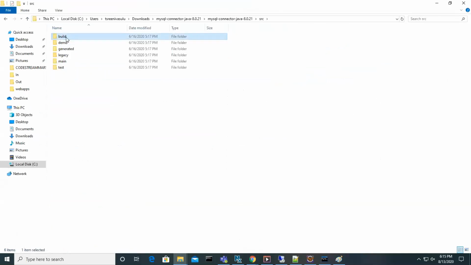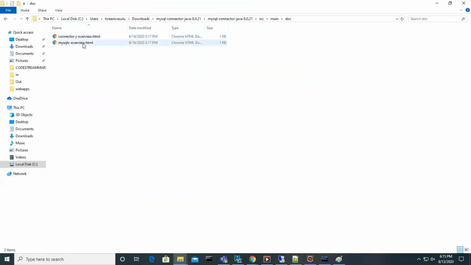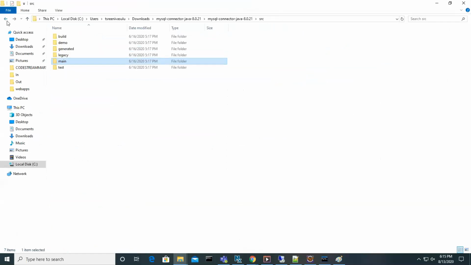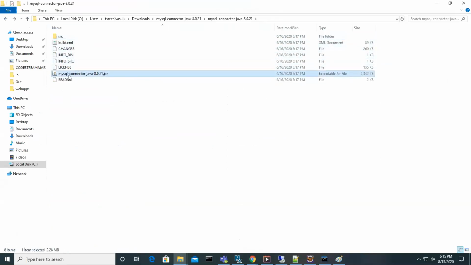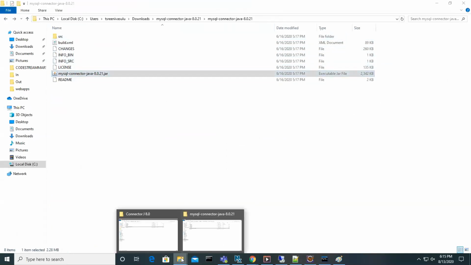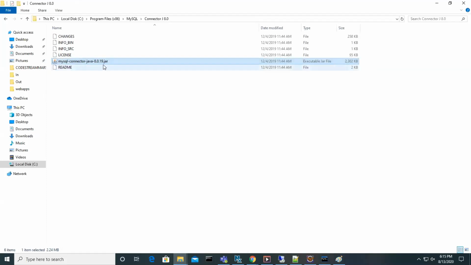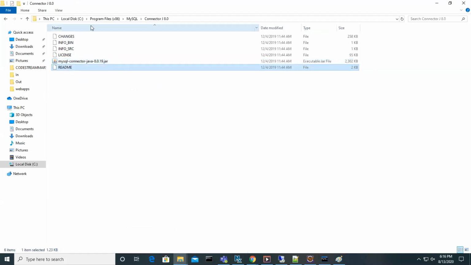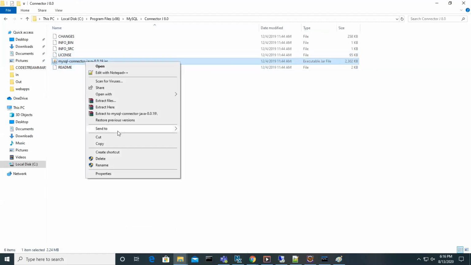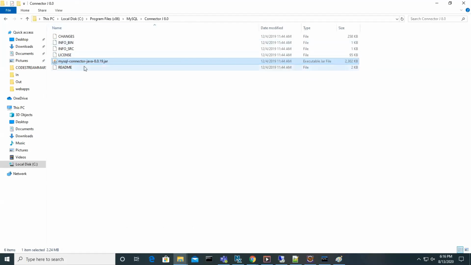Along with that, they gave the source code if you want to look at it, and the documentation also. But anyway, you can refer to it if you want; mainly we needed this connector. This is the connector, right? It is version specific. This is the latest one, which we got online, 8.0.21, but the one we installed in the database, if you can get it from that installation directory, you will get the right version.